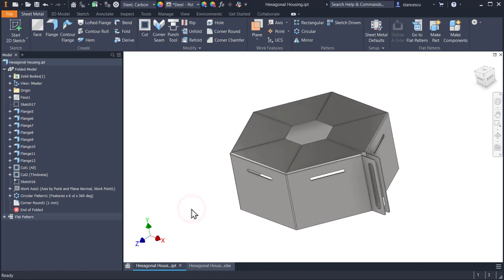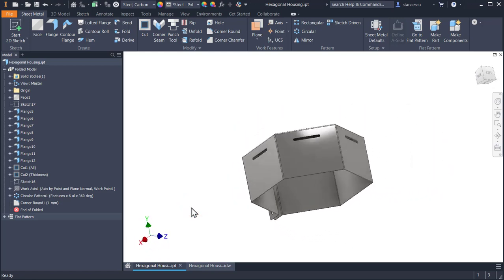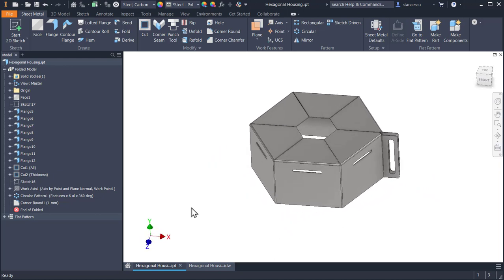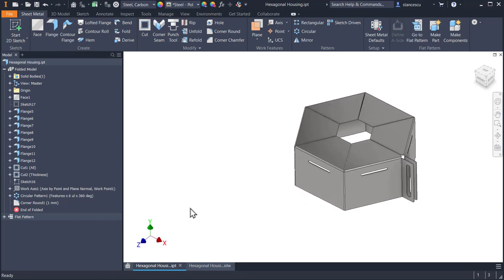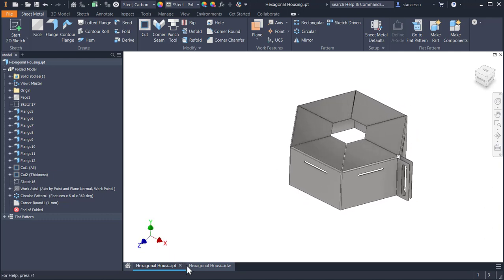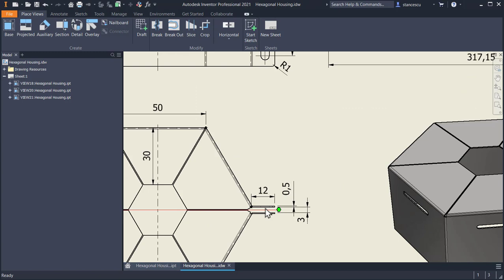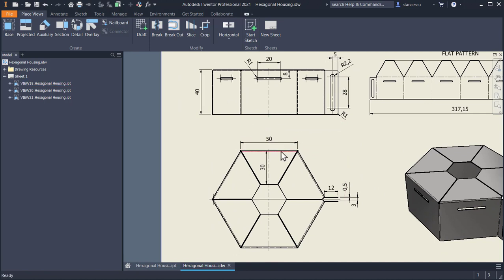Hi my friends, today we model this part, which is a sheet metal part, and because of its hexagonal shape is called hexagonal housing. The drawing is this. You see the thickness of the sheet metal 0.5, which is by default, as you know. And we start by creating this face